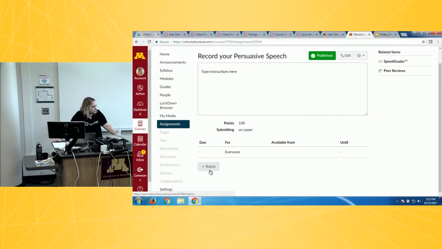Yes, with anonymous peer review, yes. Do you need to tell students not to put their names on their materials that will be reviewed to keep everything anonymous? Yeah, that's probably a good idea. If you do create anonymous peer reviews, make sure you tell your students not to put their names on those things. Correct. That would be a good best practice.